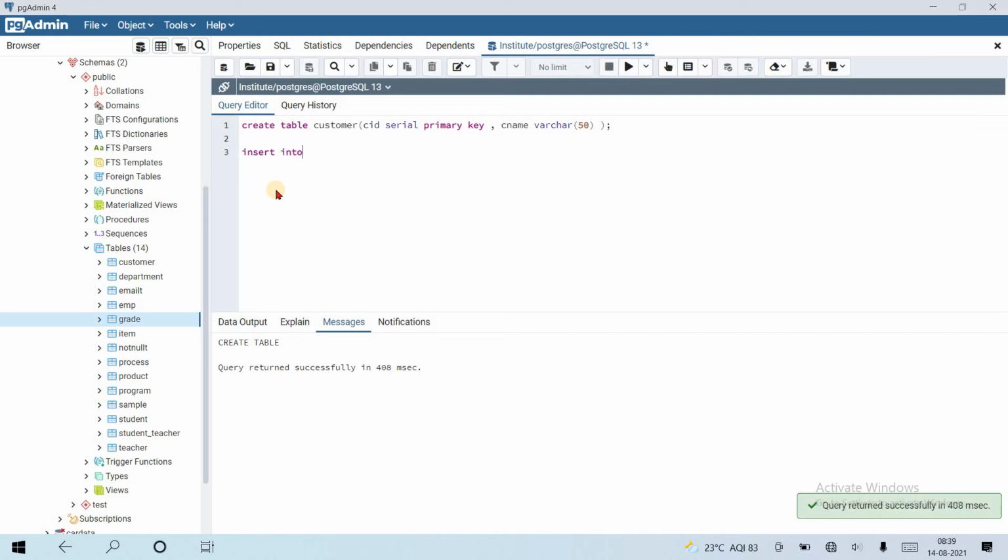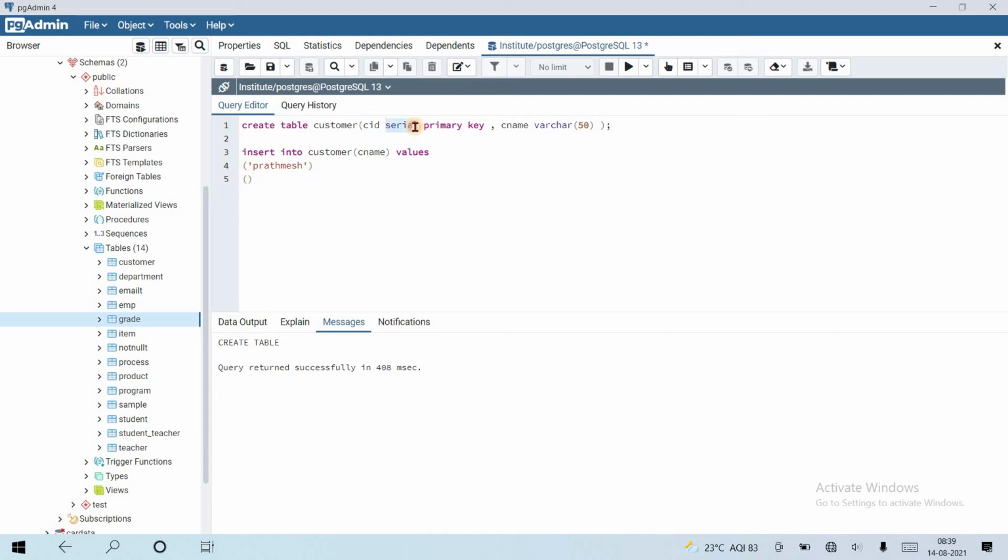Insert some values into it. Insert into customer, where the column is cname, values are suppose Prathamesh, Rahul, and Kiran.